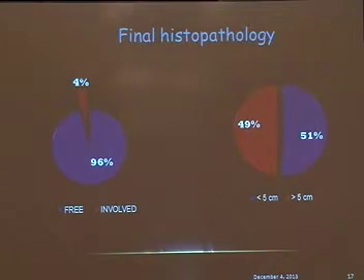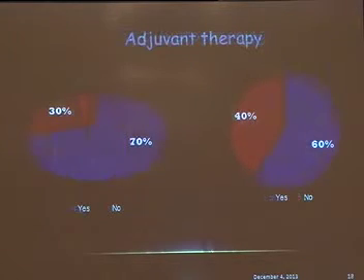Now, coming to the final HPR, 4% of the patients had margins microscopically involved, and in up to 50% of the patients, the size of the tumor was more than 5 centimeters. 70% patients received radiotherapy, which had 11% pre-op, 80% post-op, and 10% intra-op brachytherapy. And 60% patients received chemotherapy, which was ifosfamide adriamycin based for 6 cycles.